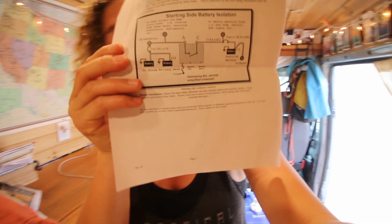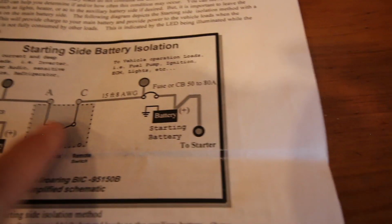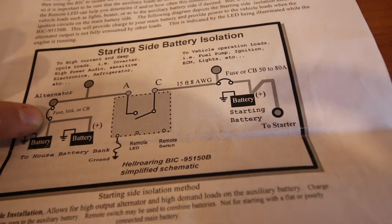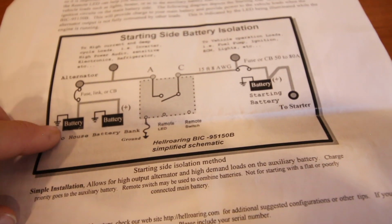So if this is confusing to you, it's a little confusing to me. This is a diagram that they include here, which kind of explains it a little bit better. Here's the starter, here's your battery. Then you run a fuse, or what I ended up having was a breaker, to the terminal C. Here's the isolator combiner. Then you run a wire from terminal A to the alternator, and through there, this is the long cable or the fuse or a breaker, but we just used a long wire, to the battery bank